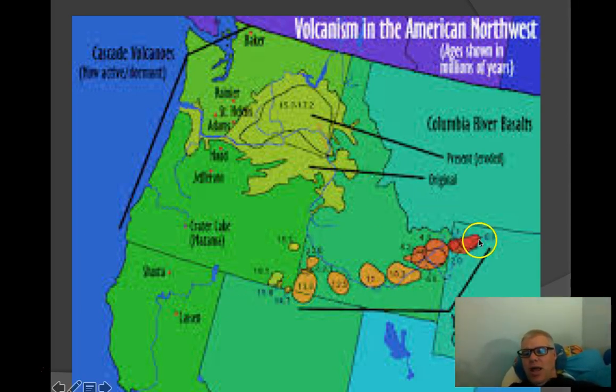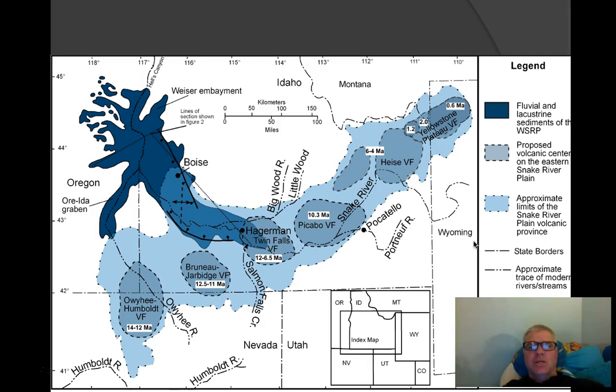When the next one happens up here, that's what the movie is trying to get into: how damaging is that going to be when that kind of caldera eruption happens, because it'll be very, very damaging. This is a better picture of that, showing where Yellowstone is now, and how many million years ago these other calderas were created from these gigantic eruptions. You also have this area where there was a big flood of lava that came out of these areas during some of these large eruptions.